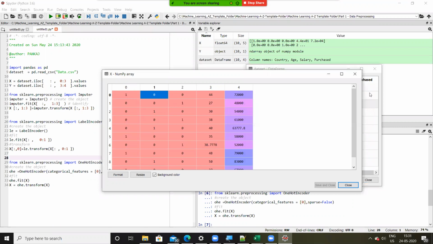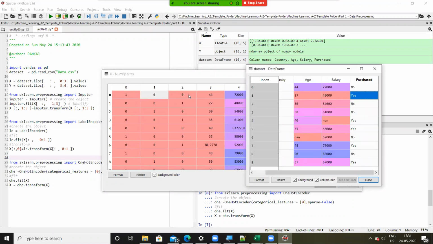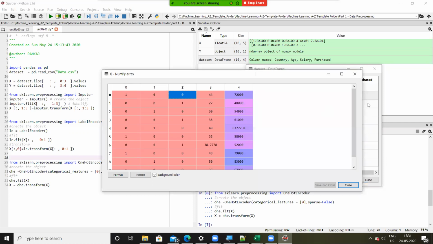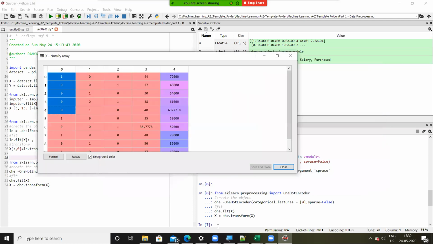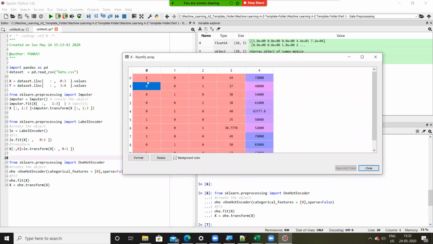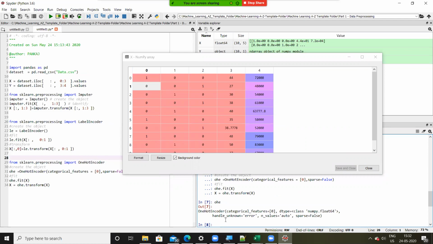Column 1 is say France, and column index 2 is, let's say, Spain. All right. Are you guys with me? I am assuming column 0 is Germany. In fact, let us use the correct labels rather than assuming it. Let's say I want to know what this column index 0 is. So what I will do is I will type here OHE. All right. OHE has one, no, not OHE, it's label encoder.